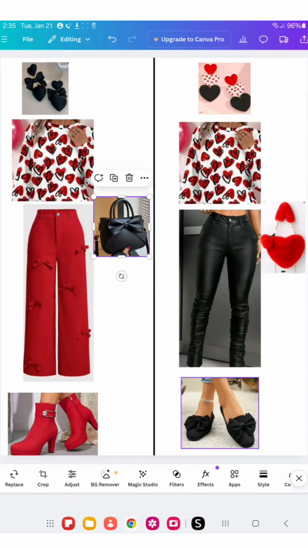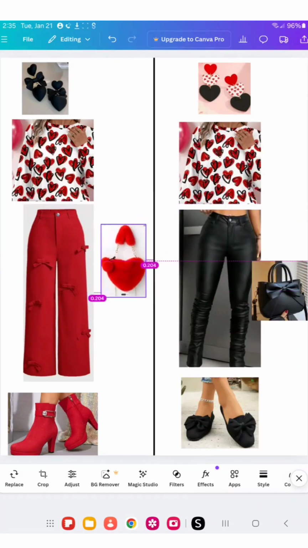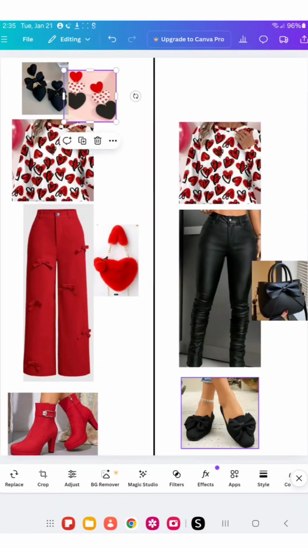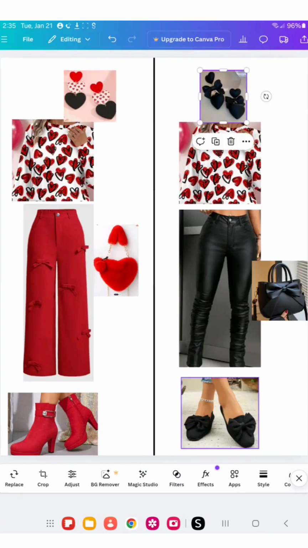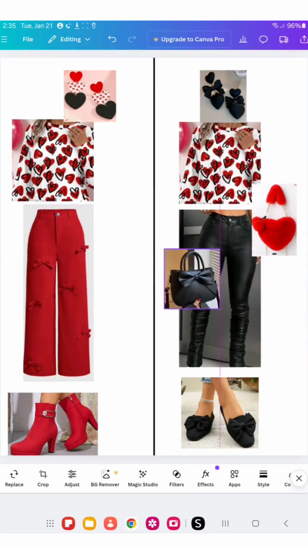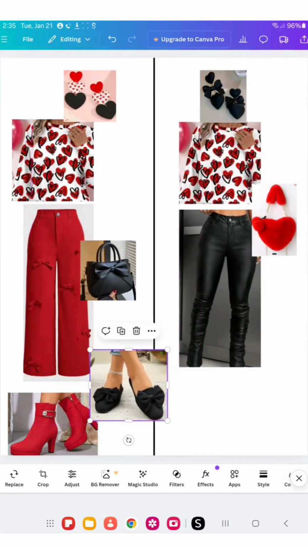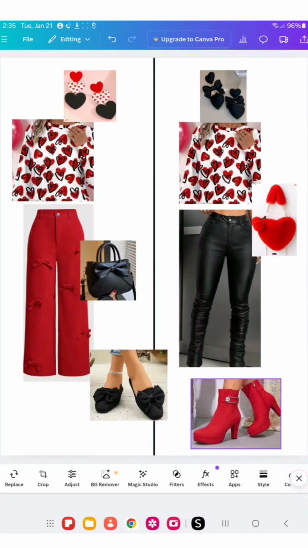You know, we can change purses, earrings, etc. So that kind of just shows different ways how these things may look together. Alright, but for this, I am going to switch those things back,